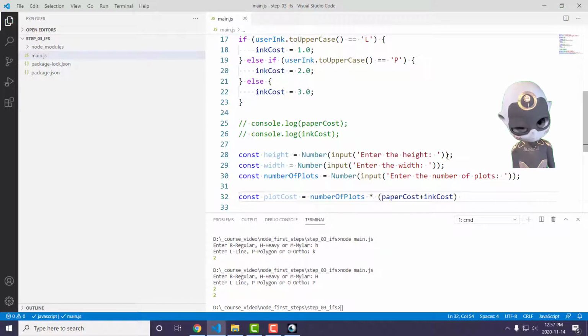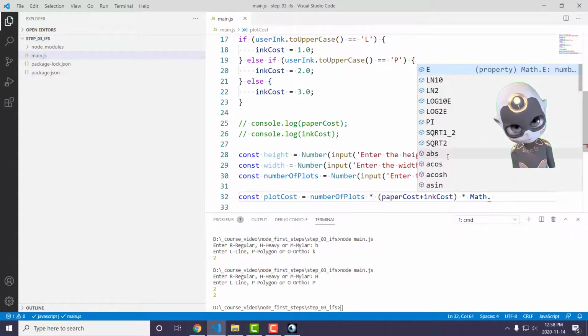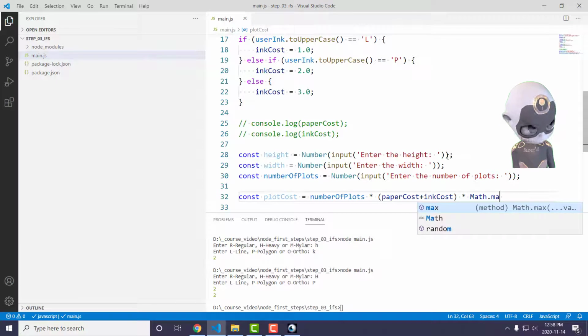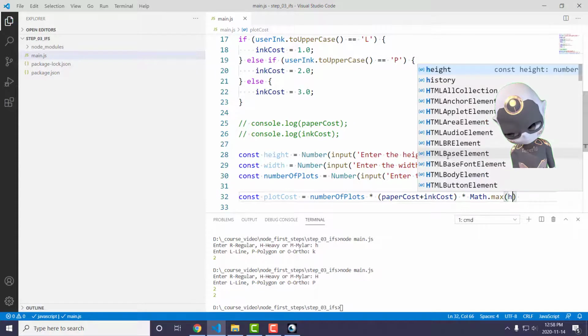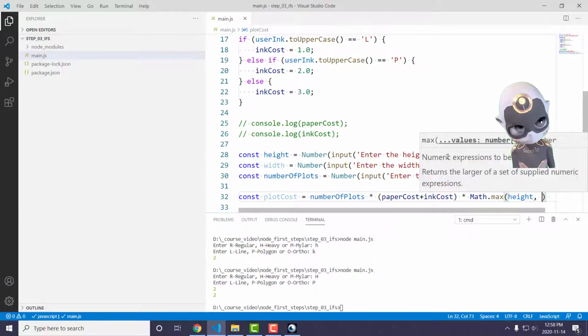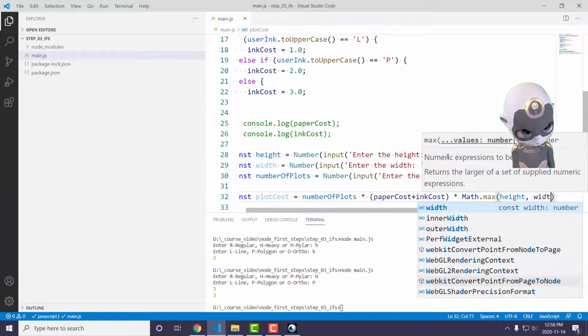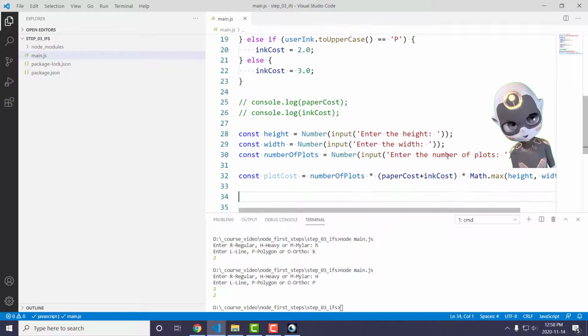And then I need to times this by the max. So is there a Math.max function? There is, and it takes a series of values. So I'm going to use max. Return me the max of height and width. So we're going to charge them on the maximum dimension. Again, so that we don't lose money. Kind of concept. And then we can plot out